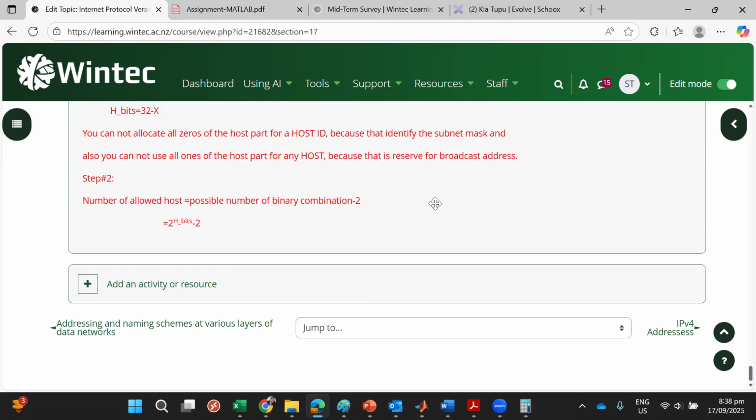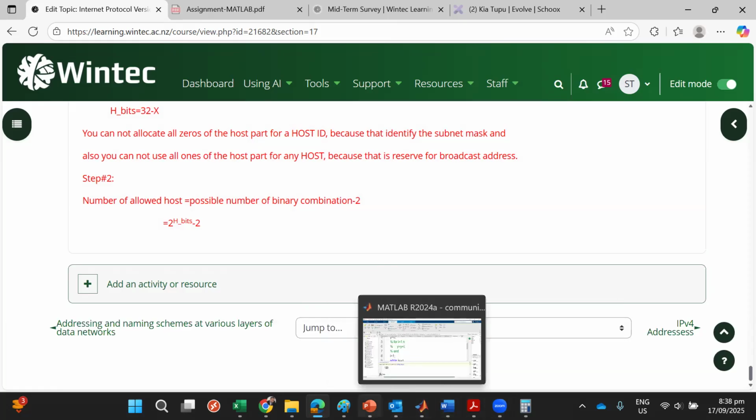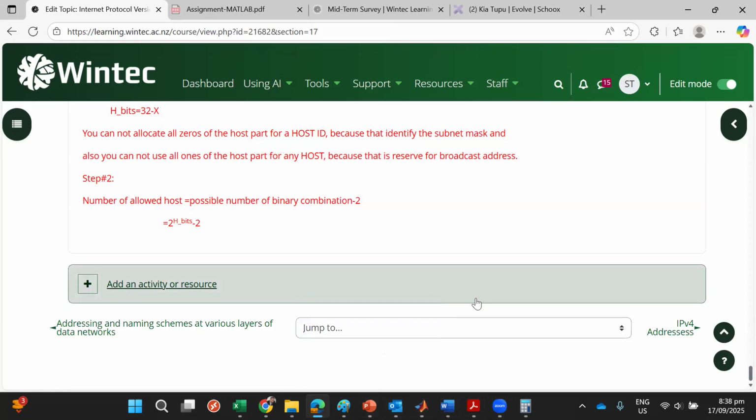We can easily find out using the possible binary combinations I can use. So let me just stop this sharing, and then we will go back to the other device